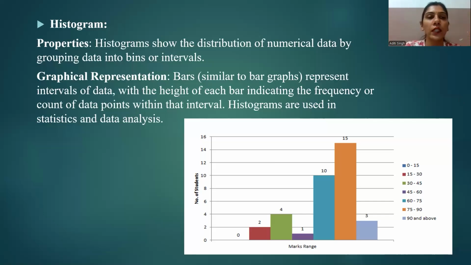This is how we can construct a histogram. There should be no gap between the consecutive bars. The group frequencies are not continuous, so the first thing to do is to make the data continuous. After that, we can say that